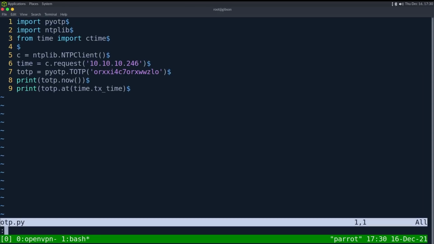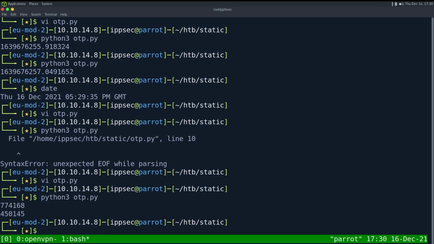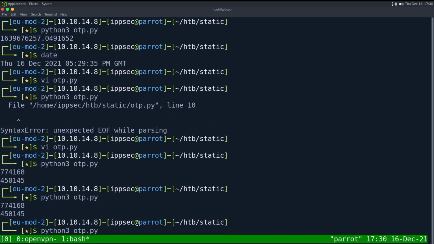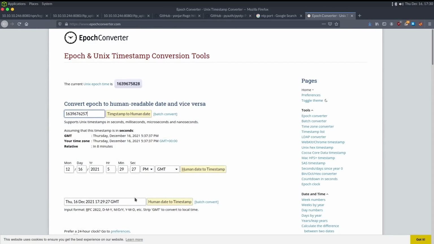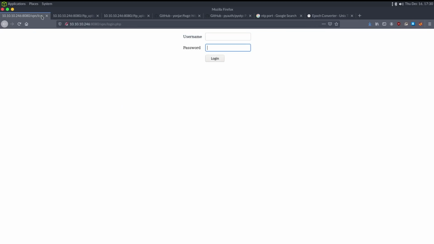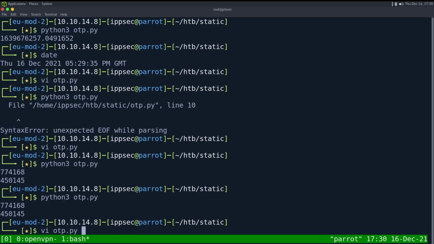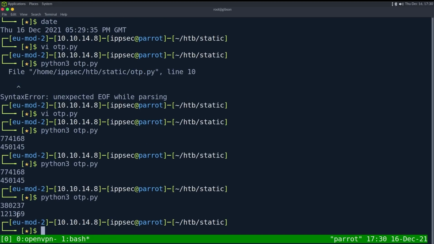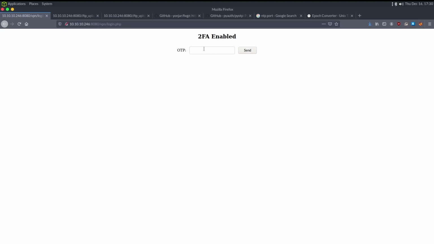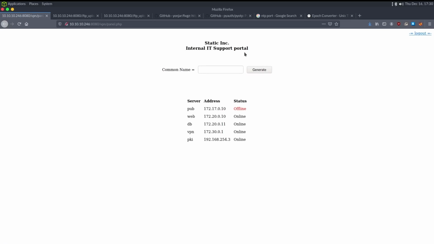Line 10, two parentheses. We do. So let's try that second one of querying it with the server time. Admin, 121369. And there we go, we get in. I'm not exactly sure where my mistake was, but I do want to talk about this in general, something a